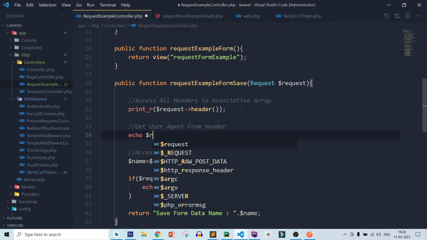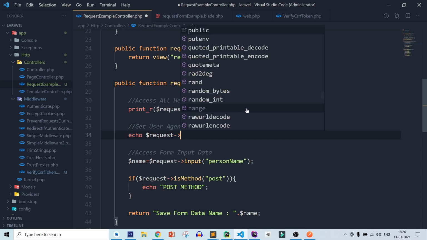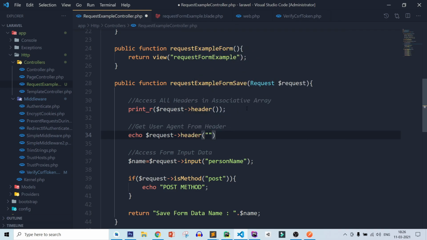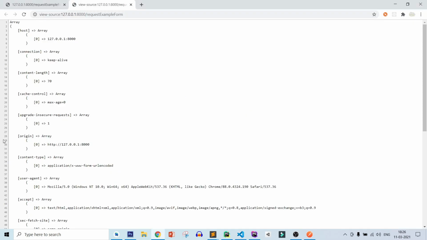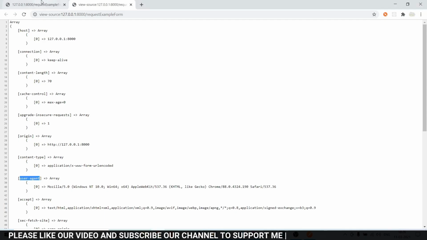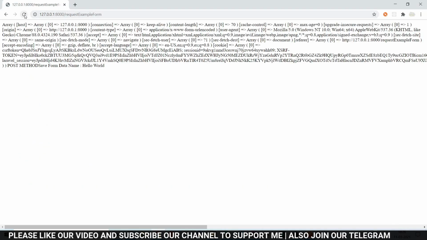So $request->header and pass the key name. So you want to access the user agent, copy the key name, paste it here, save this page, close this page and refresh this page again.